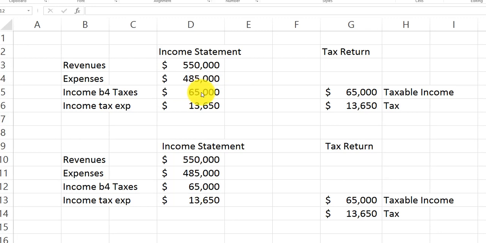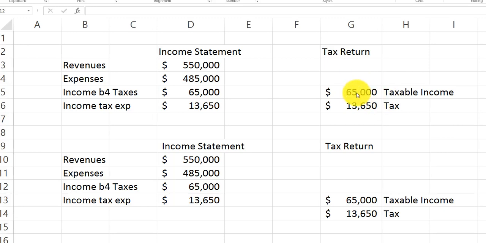All right. So typically in real life, this is how deferred taxes are dealt with. You create an income statement, ignoring the tax issues to start with. That's where we are here with $65,000. Now, before we can disclose a tax expense on the income statement, we have to complete the tax return. So pause right there. Go over to our tax return, and in this first example we're going to have taxable